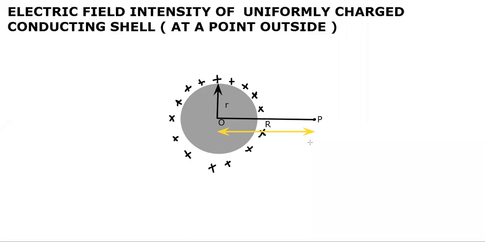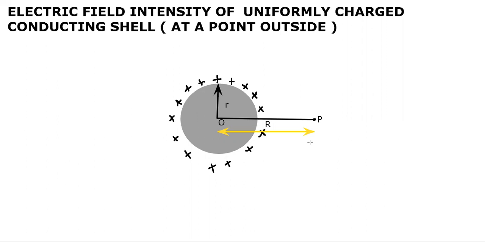So today we are starting the third application of Gauss law. This is the last application of Gauss law. The first one was to find electric field intensity of a uniformly charged straight wire. Second was to find electric field intensity of a uniformly charged plane sheet. And now this is the third one, that is to find electric field intensity of a uniformly charged conducting shell at